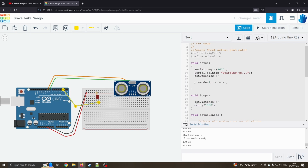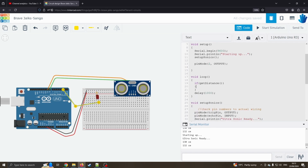So back up in here, I can now say if get distance. Because it's a function, well, it's a sub-function selection statement, I'm now saying if get distance is less than, say, I don't know, 50 centimeters, we want it to do something, in which case we're going to just light up the LED. For those who've got cars with reversing beepers, this is how it's working. I can now just say digital write pin, so pin 2, and I can set it to high. And of course, if it's greater than 50, so I'm going to say else,